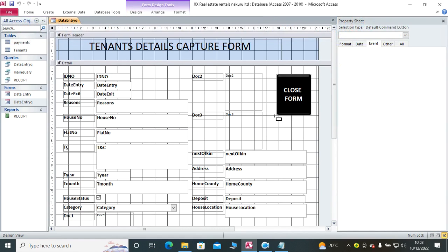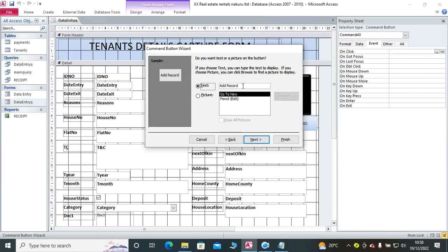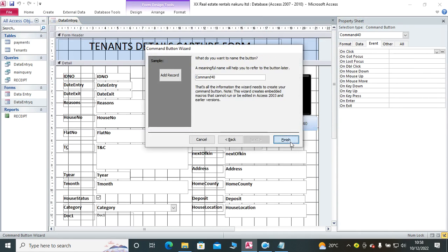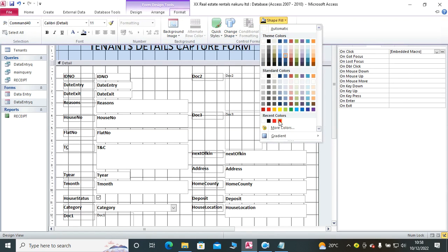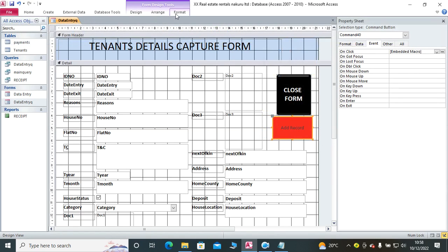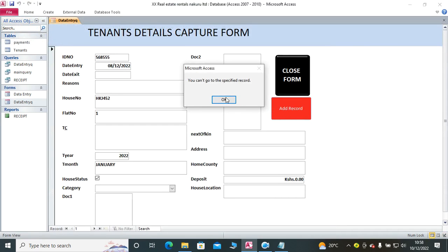So design, you can draw the button. Then I go to record operations, add new. Then you have add record, next, finish. So you have this button for add new. You can change it to that way. So when I save and run, add new,